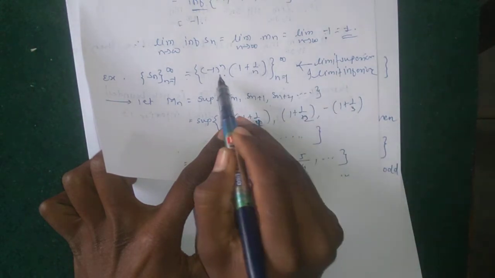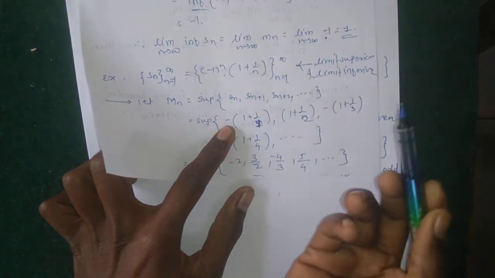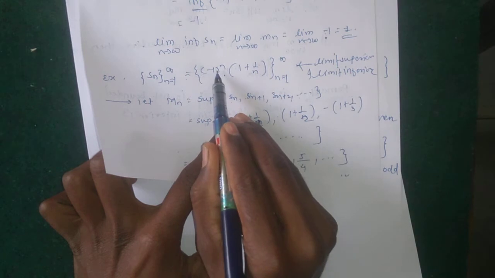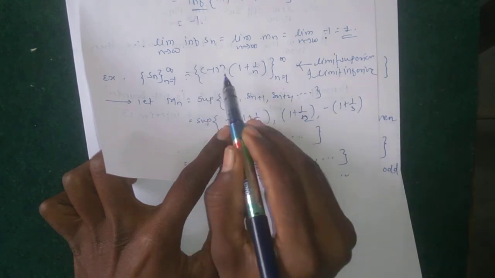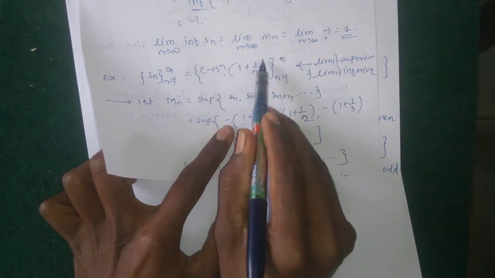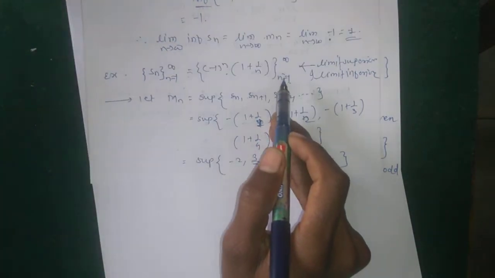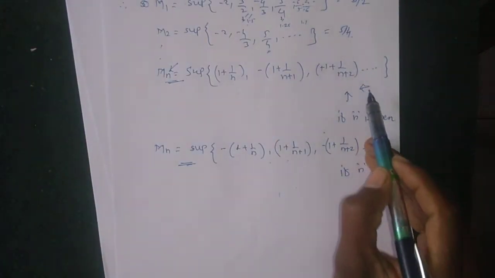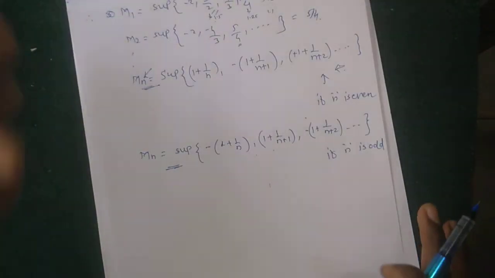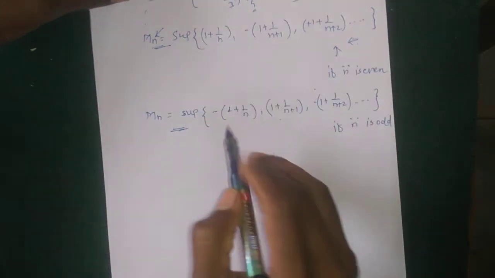Then the third value, n plus 2 is again even, so minus 1 raised to the even power is positive, then 1 plus 1 upon n plus 2, then the fourth value, and up to so on. We get these values. Similarly for if n is odd. And therefore in both cases